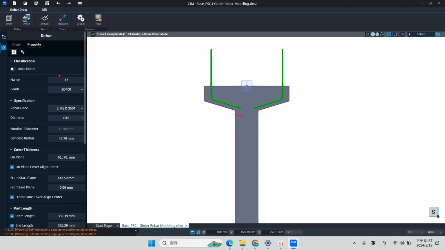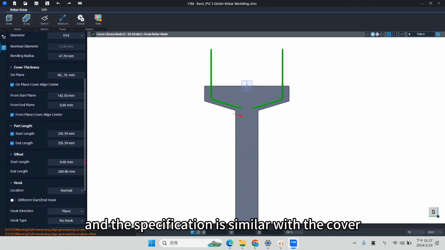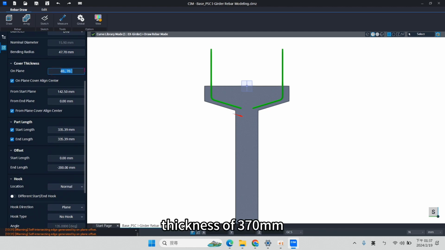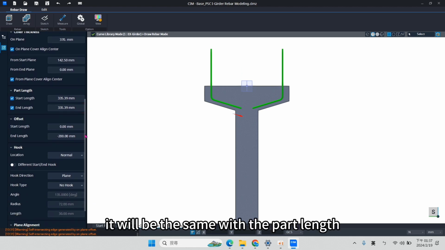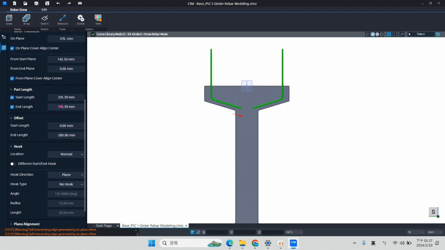Okay. We want to change the name to 18. And the specification will be similar with the cover thickness of 370 millimeter. Okay. And from start plane to end plane will be end plane with the part length is none.